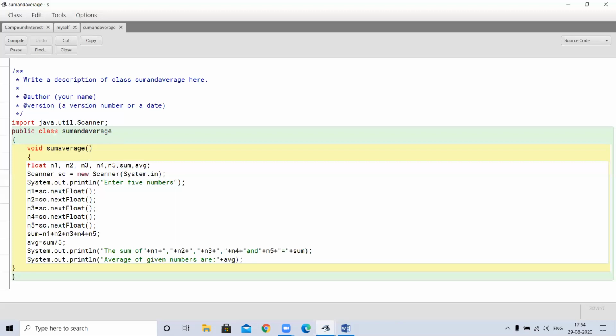After the declaration of class and function, I will declare the variables which I require in this program. It is also possible that in the statement where you are giving the values, you can declare these variables there too, of int type or double type or float type, or in the beginning only you can declare these variables with their data type.